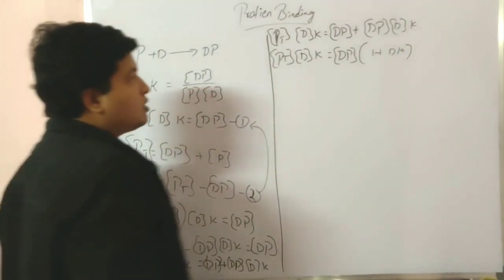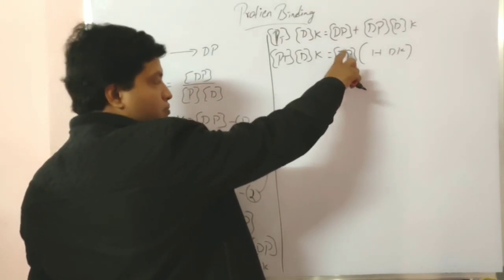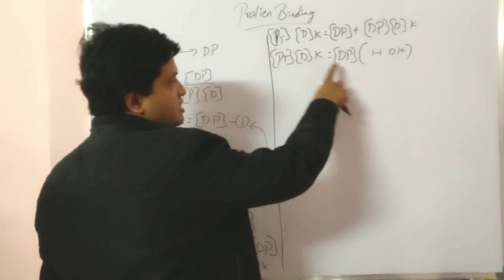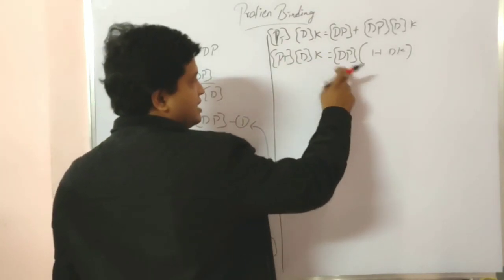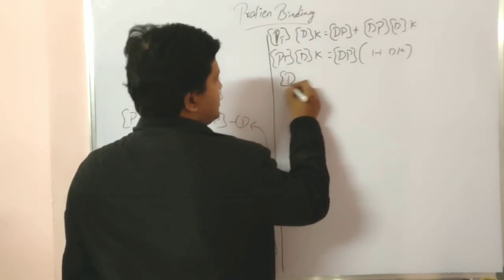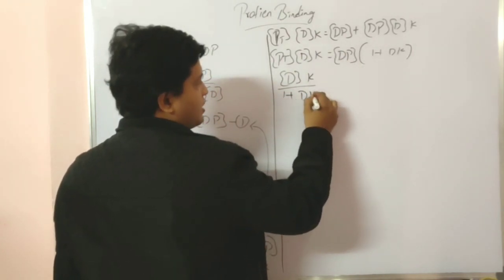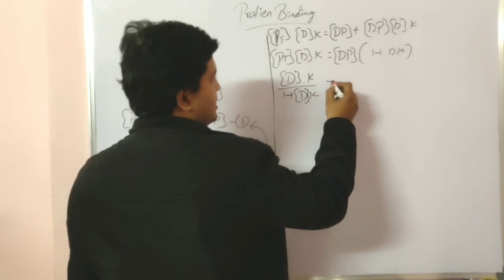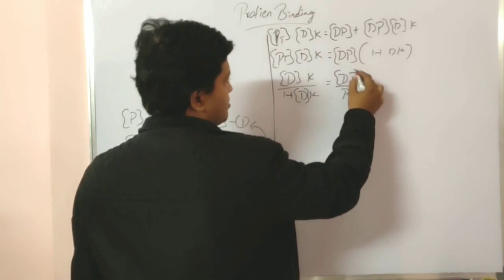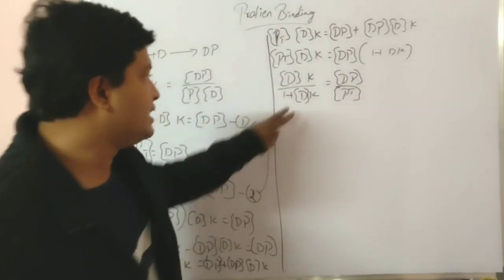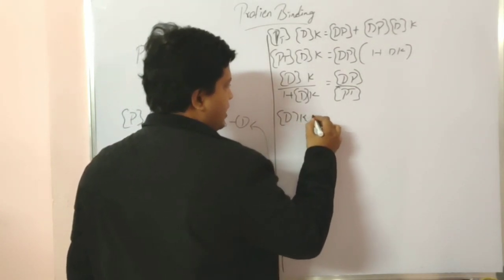So what I said, I want the fraction. Fraction is what? Bound protein to the total protein. I want this here, I want this here. So rearrange the equation. Send this side and Pt this side. What will you get? D K, because Pt went that side. Remaining is 1 plus drug concentration K is equal to Dp divided by Pt, the concentration of bound drug and unbound drug. Again here, take this common. What will you get? Drug concentration and K